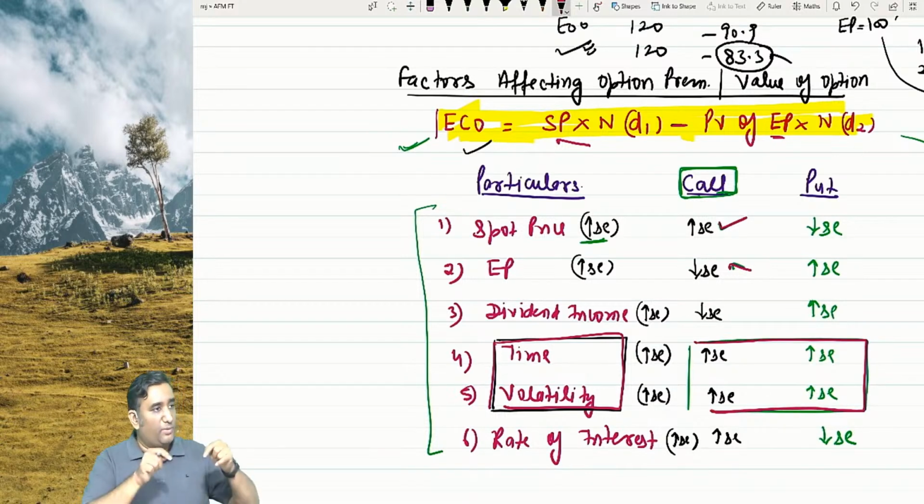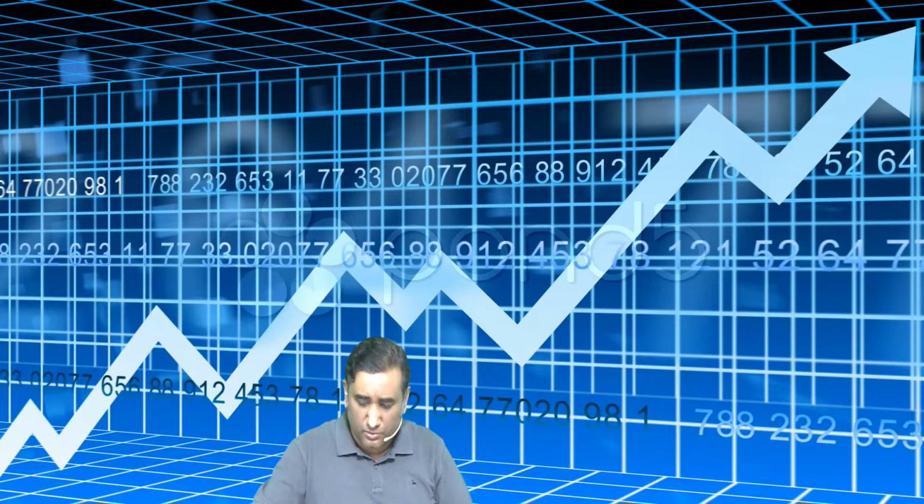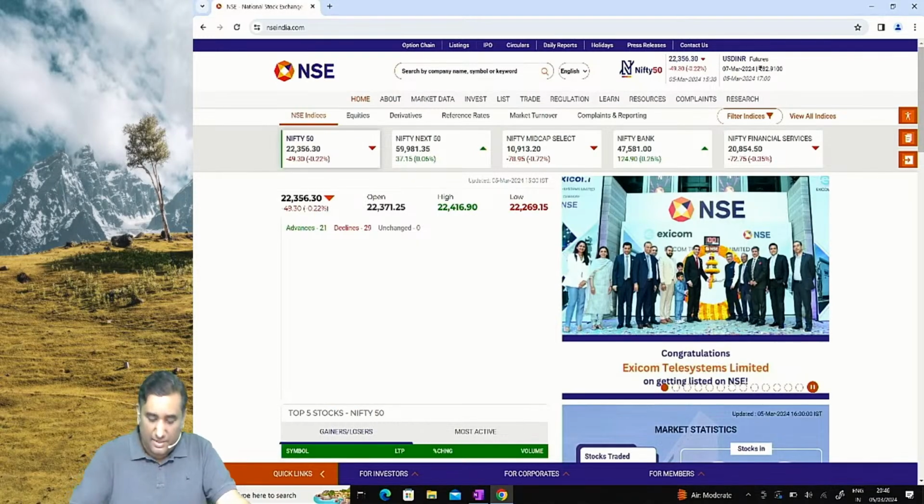That means, for example, if you're buying the option of March, or the option of April, May, June, as you go longer, the value will increase. It is not only with this. It will happen with shares also, TFP also. Let me show, because that is easier to show. In fact, let me show the option. The larger the time period,